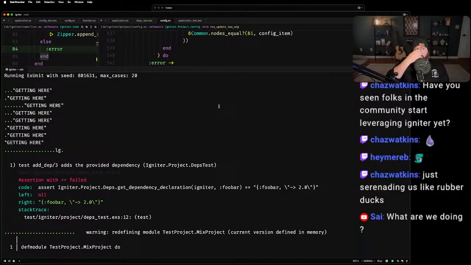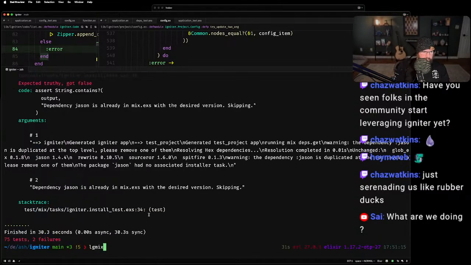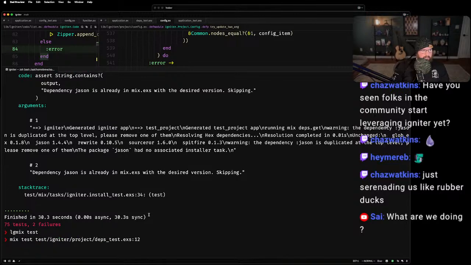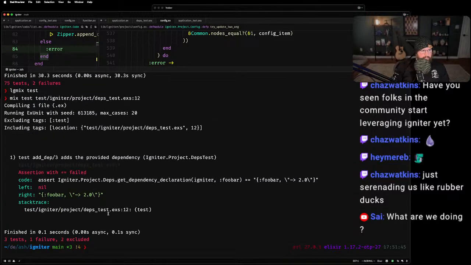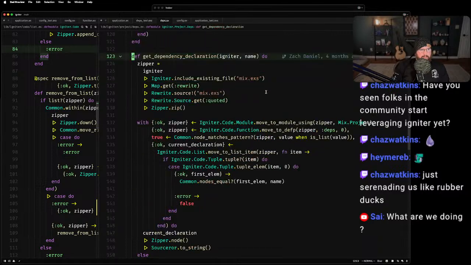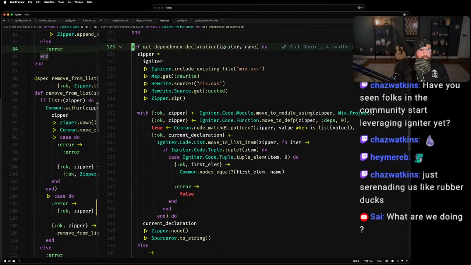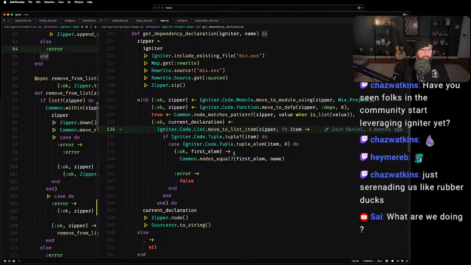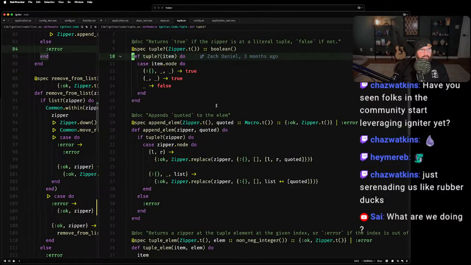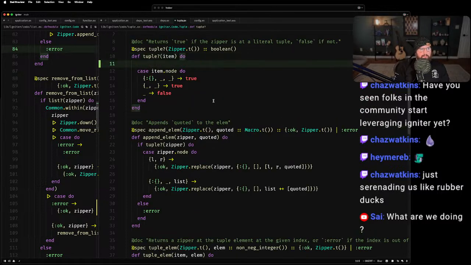Okay. So we broke this somehow. So git dependency declaration. I bet this is using move to list item tuple. Ah.